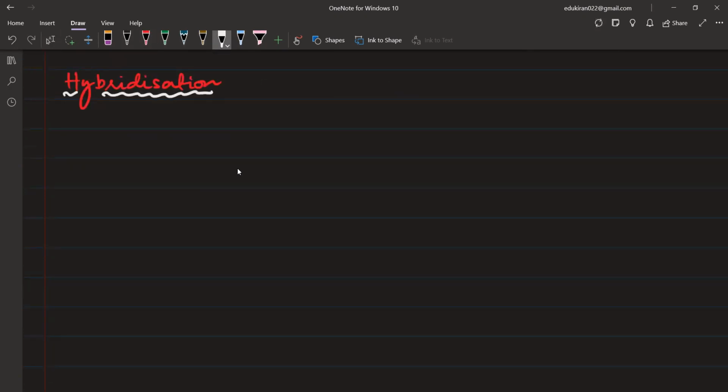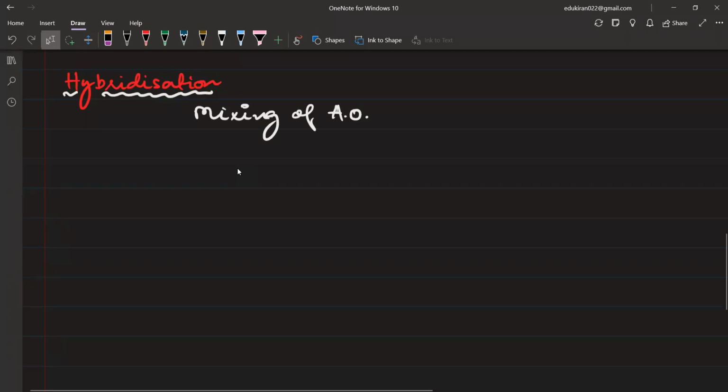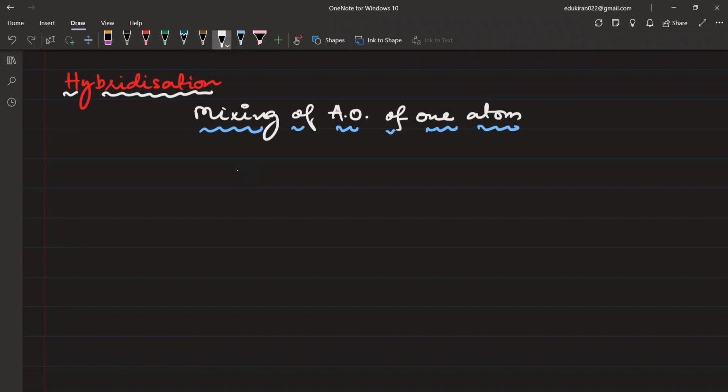Now hybridization, for a simple understanding, you will understand it as mixing of atomic orbitals of one atom, not of different atoms, okay? So what will be happening at oxygen? The p orbitals will be mixing, atomic orbitals of one atom, only one atom. Now this is something that you will keep in your head when you are going to write the definition of hybridization. Please write with me, process of